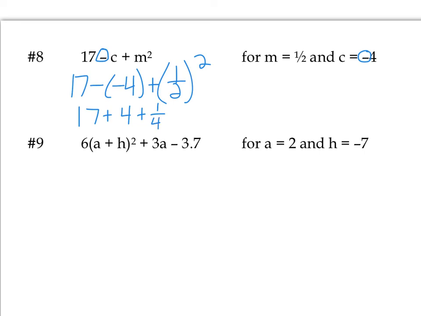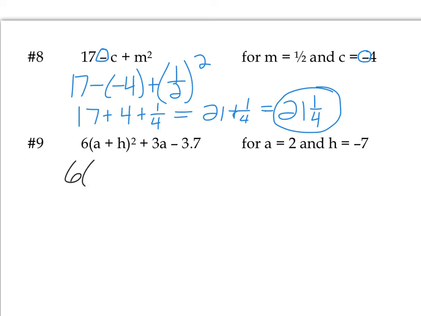When you square a fraction, you can square the numerator. 1 squared is 1, and then 2 squared is 4. So this is going to be 17 plus 4 is 21 plus 1/4. That's 21 and 1/4 would be our answer there. In this number 9, and we're going to replace every A with a 2